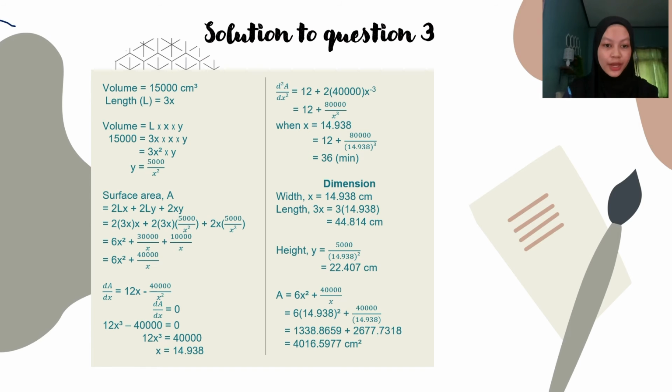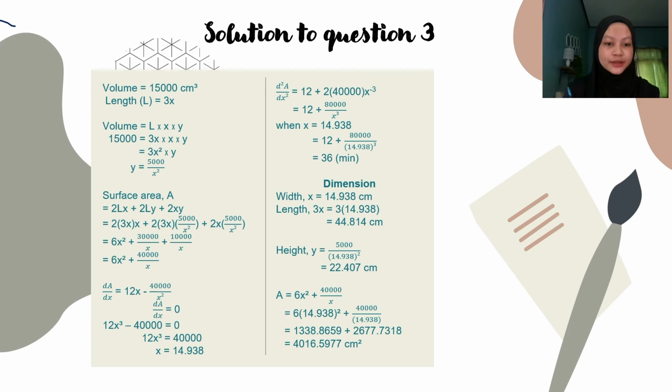Volume is equal to L multiplied by x and multiplied by y. So L here is length, x is width, and y is its height. So volume 15,000 equal to 3x. I replace L with 3x multiplied by x and multiplied by y. So we got 3x squared multiplied by y. So in order to make y the subject, we put it here and we got